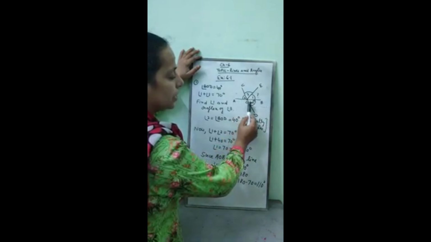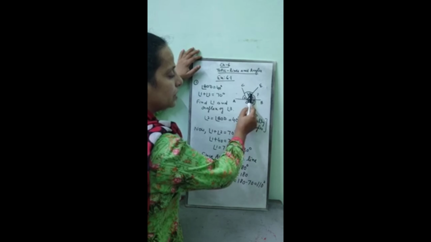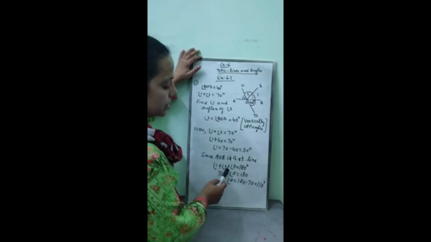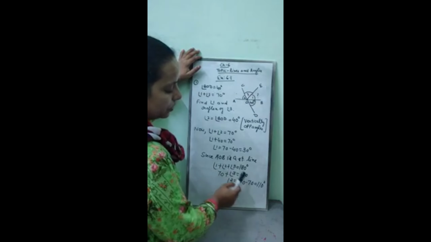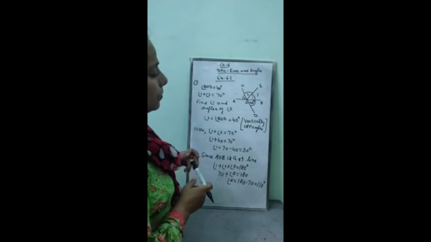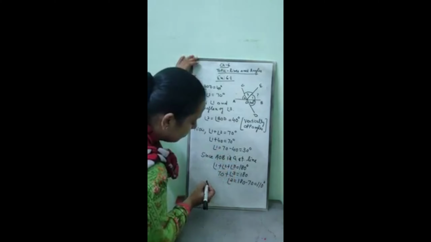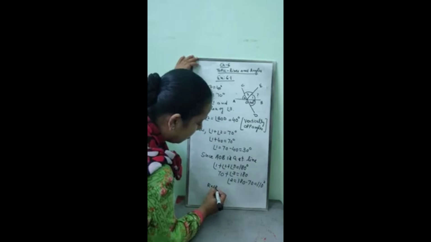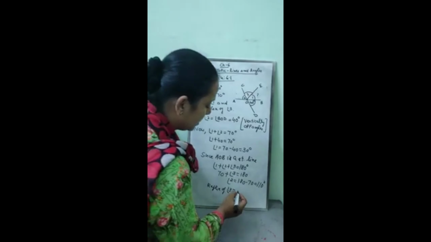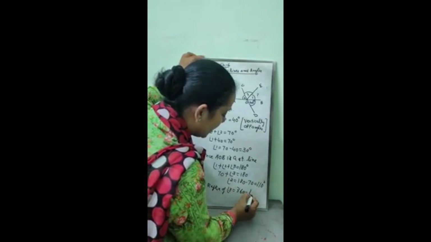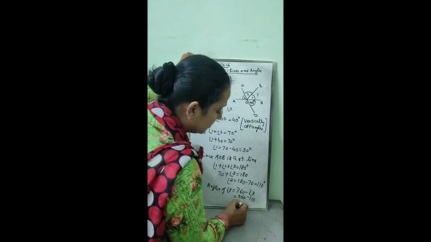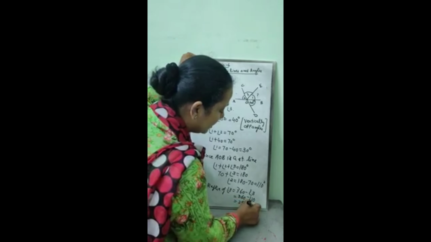See, AOB is a straight line. So sum of these three angles 1, 3 and 2, these three angles are 180 degree, straight line. 1 plus 2 is 70. This 70 will go to other side. It will become minus 70 and your answer of angle 3 is 110. But now our work is to find reflex of angle 3. If you want to find the reflex of any angle, subtract the value of angle from 360 degree. 360 minus 110, your answer will be 250. Reflex of angle 3 is 250.